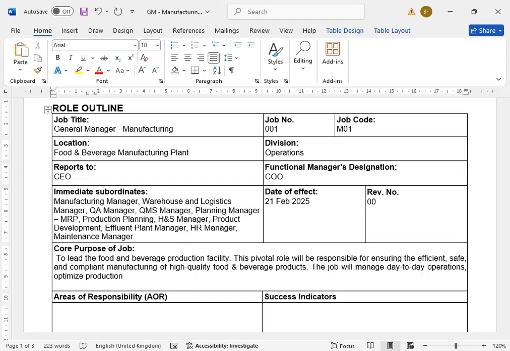So, optimize production processes, right? Processes only. That's it. Then drive cost saving initiatives